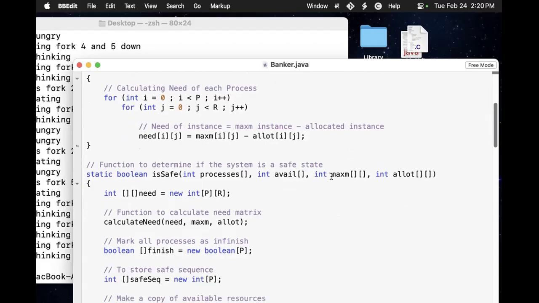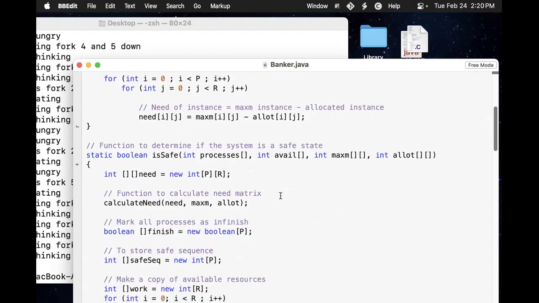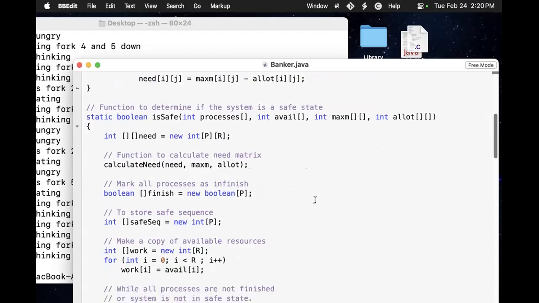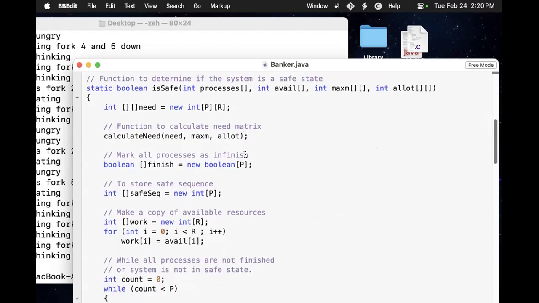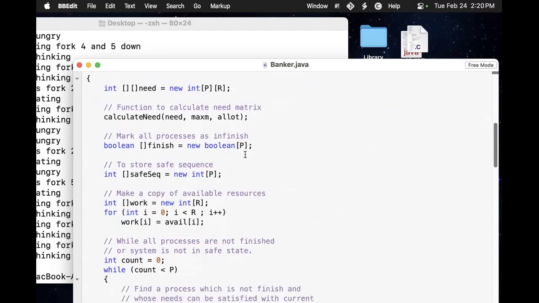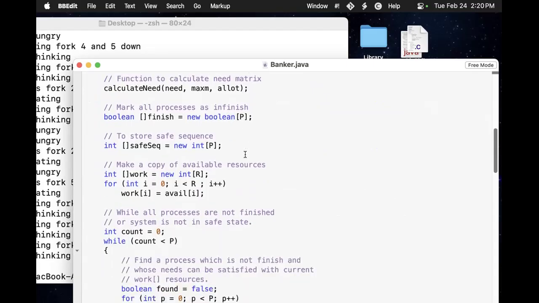We're going to keep track of it in a double array. So each process is going to have a separate need associated with it. And then we have an is safe, where after we've calculated the need, we're going to set a Boolean flag to, are we finished? Are we not finished? And then we're going to go sequentially through the list to see if the combinations, which is the order that we're doing something, is safe, which is basically very similar to how we would do a resource graph if we were doing that, where we would have